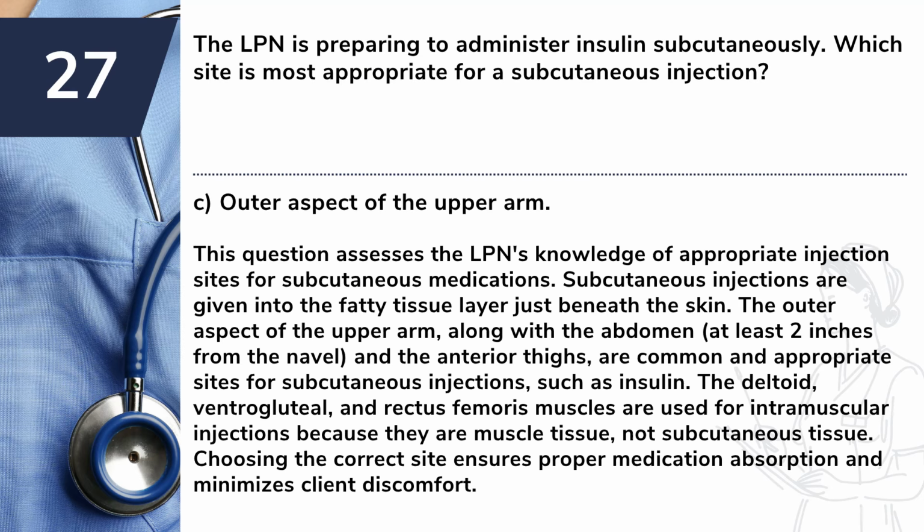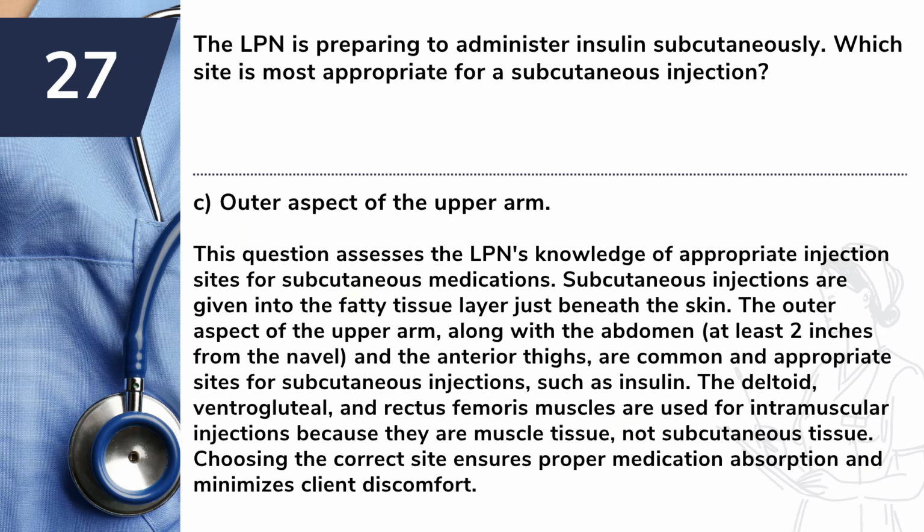Answer C. Outer aspect of the upper arm. This question assesses the LPN's knowledge of appropriate injection sites for subcutaneous medications. Subcutaneous injections are given into the fatty tissue layer, just beneath the skin. The outer aspect of the upper arm, along with the abdomen, at least 2 inches from the navel, and the